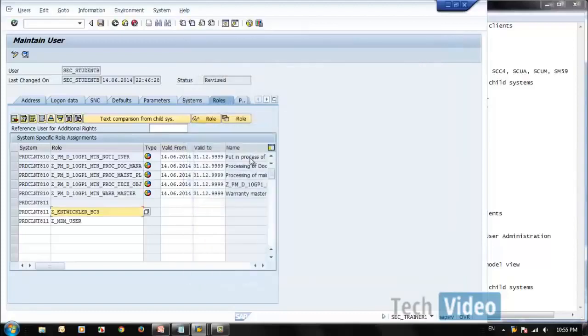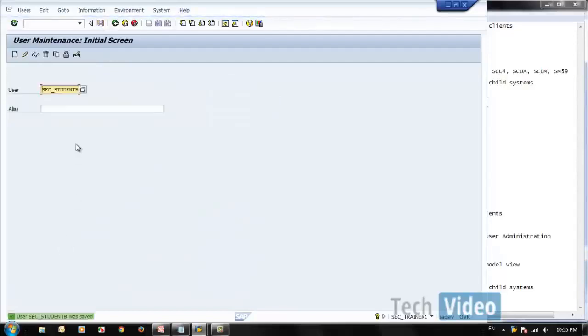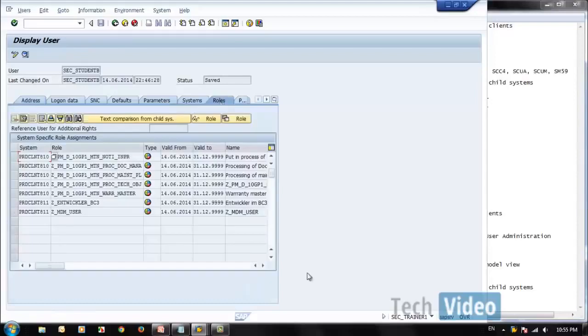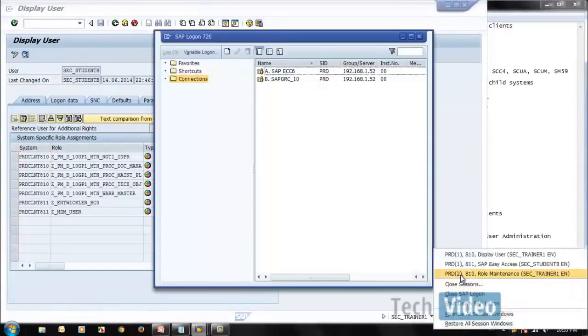Okay, different roles assigned. So we have roles for each individual client now. So let's save this. If I go to 811, then it will have different roles. Here we have different roles. Okay, then go to 811.